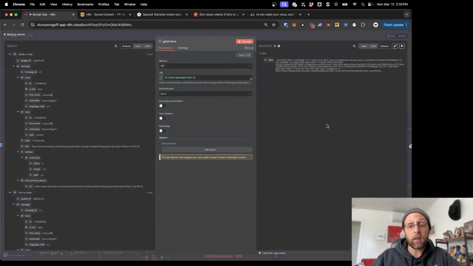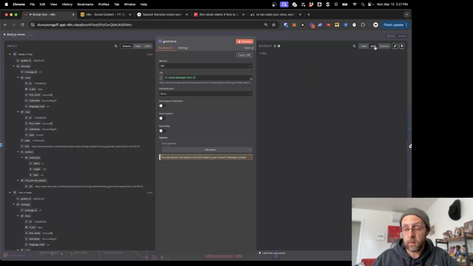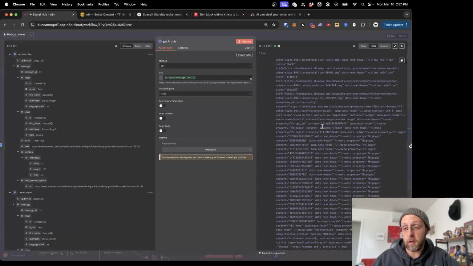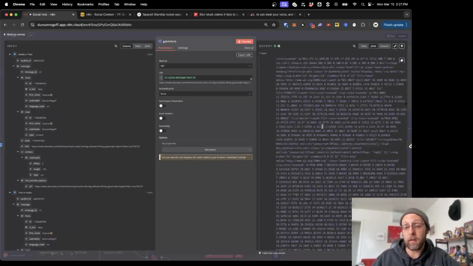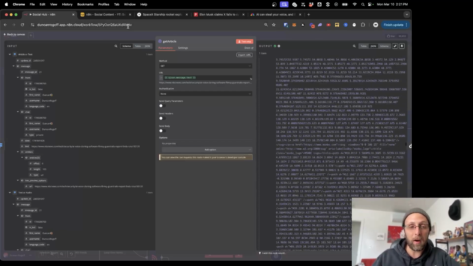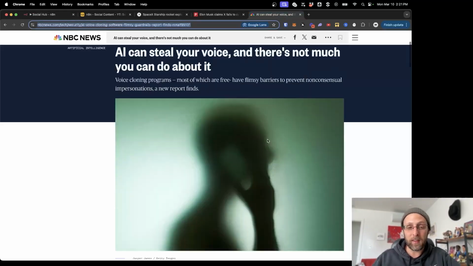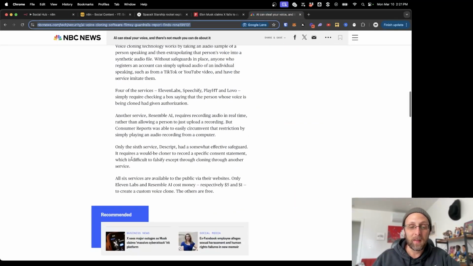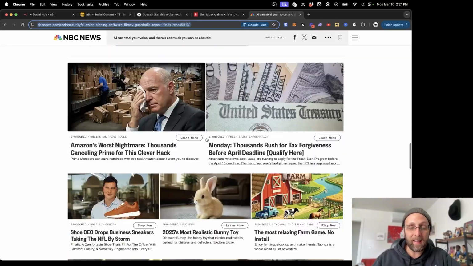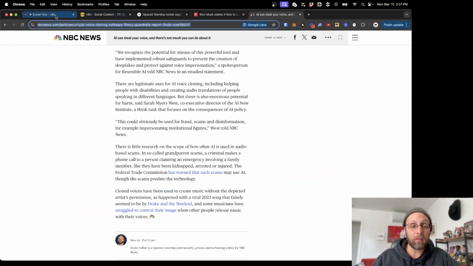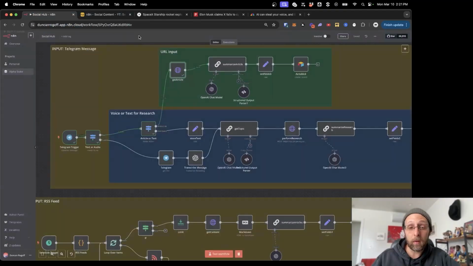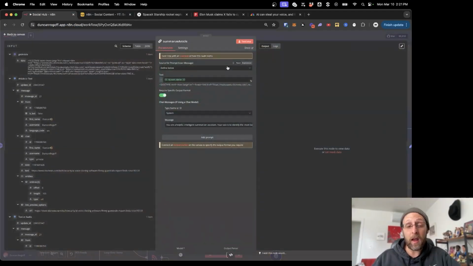And you can see that it's actually going to scrape that URL and pull in all the data from this. And if we go into the JSON here, you can see we have this massively long HTML article, which is basically every single thing that you see on this page, every single link, all the ads, and everything that just kind of exists on this page. So it's a lot. So that's why the system is really powerful, because basically the next step is designed to